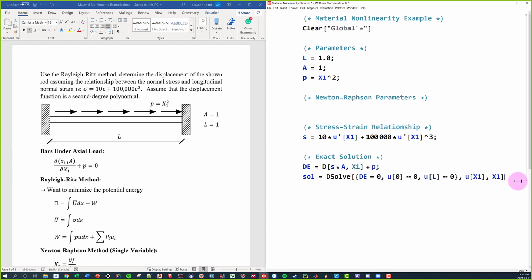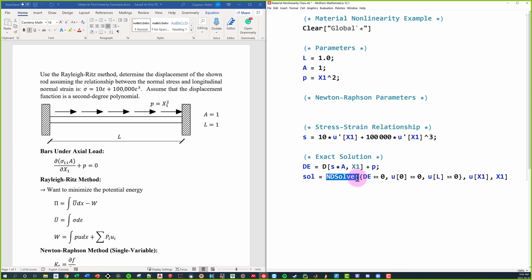So technically, it is good to go. We have everything we need to find. The problem now isn't us. The problem now is Mathematica. If we try to solve this, it's basically going to take forever and then quit with an error. And the reason why is the same reason that we had when we were doing those integrations of our elements. When these things start to get complex, we can't just use our integrate function or our DSolve function. What we have to do is add an N at the beginning, which uses numerical methods to try and solve for these. Otherwise, it tries to find an exact solution, and then it gets really messy and it can't really do it.